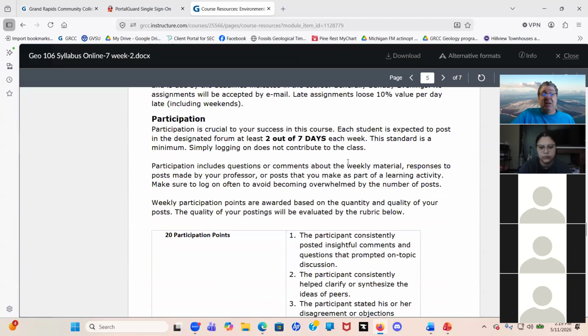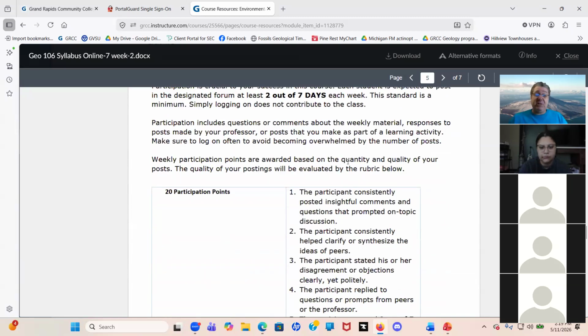Participation again is important. We're out on asynchronous online, but that doesn't mean we're on our own. One of the best ways we have of getting in touch with our fellow classmates and feeling like we are actually in a course and not just reading stuff on a computer is the participation in the weekly discussion board. So each week I will have discussion topic ideas for you listed. What you have to do is a minimum